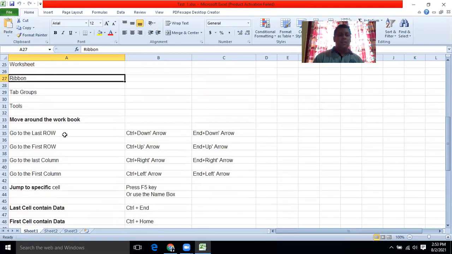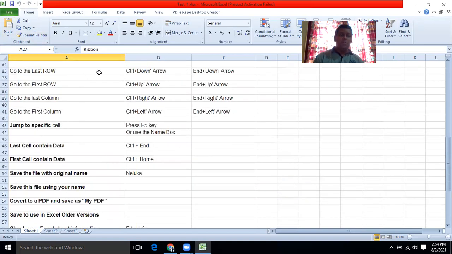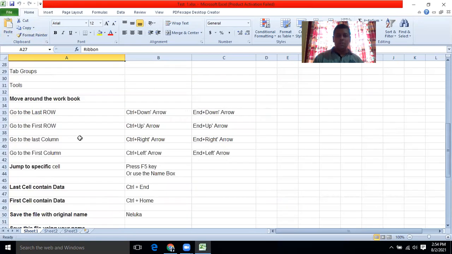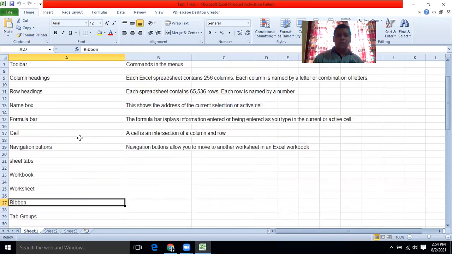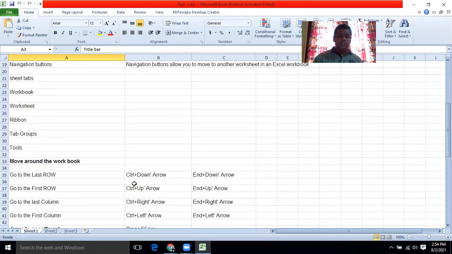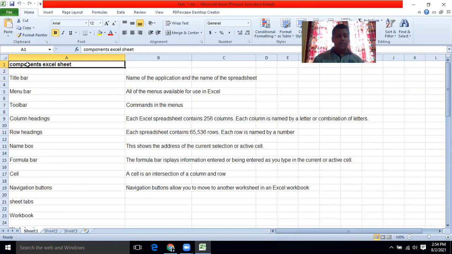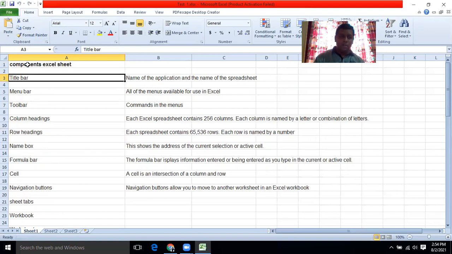Then we'll learn how to move around an Excel workbook. If you want to go to the last row, meaning the last row where you had entered data, if you click here, you have to press Control plus Down arrow key to go to the last row. If you click here and press Control plus Down arrow key, it will take you to the next data entered row,